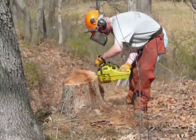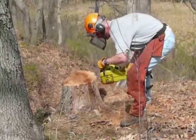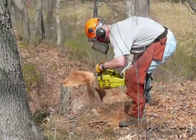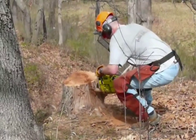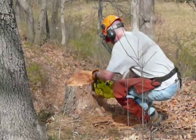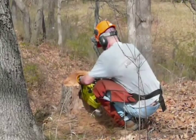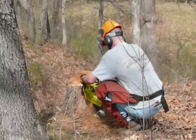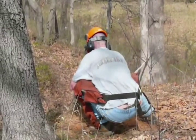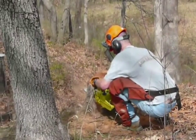In a lot of cases, I want to let the chainsaw do the work. I don't want to force it through the piece of wood, and just let it cut. And you can see I'm just taking a small section of that stump, but on that is going to be a series of tree rings that I hope I will be able to tell how old that tree was before it died and how many tree rings it had. Now I'm finishing up, just about finished cutting that section out. So I have that section,